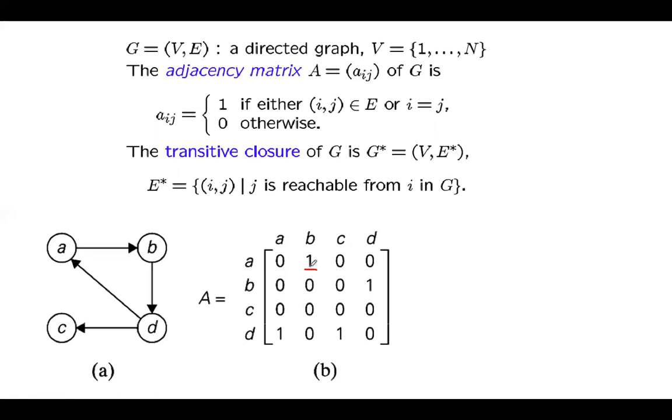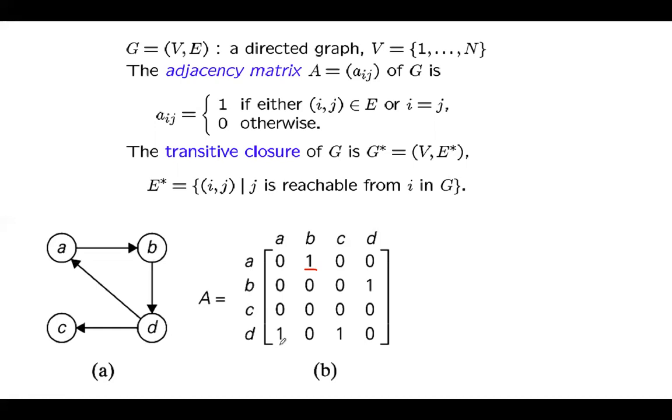Are you understanding? If A to B is there in an undirected graph, we used to write B to A also, the same value. But here that is not the case. A to B is there, only A to B, because it is directed. Other values are 0. B to D is 1. For C, we have an edge from D. D to C is there, but from C, there is no outgoing edge. If you are in C, you cannot go to any other vertices. It will be the end. So everything there is 0.